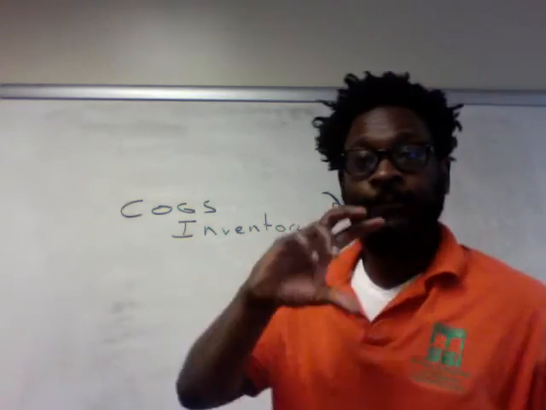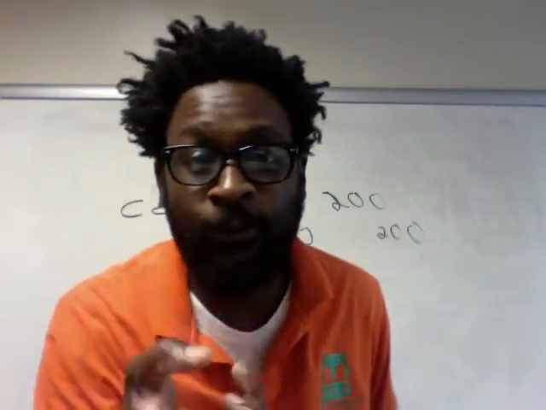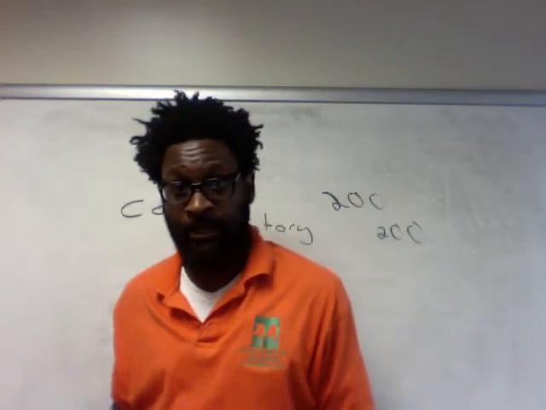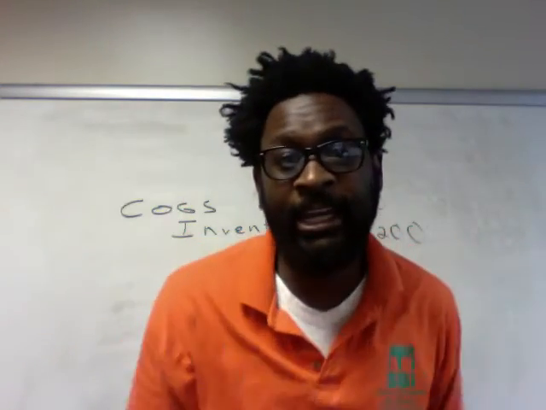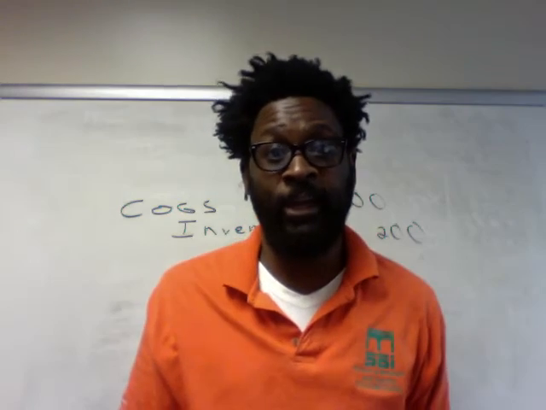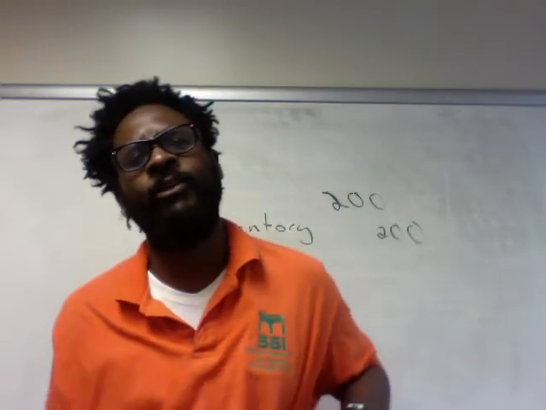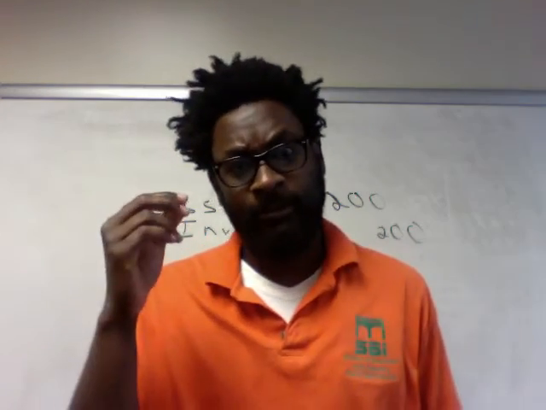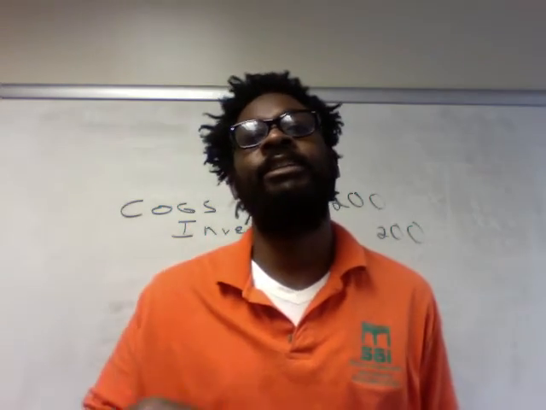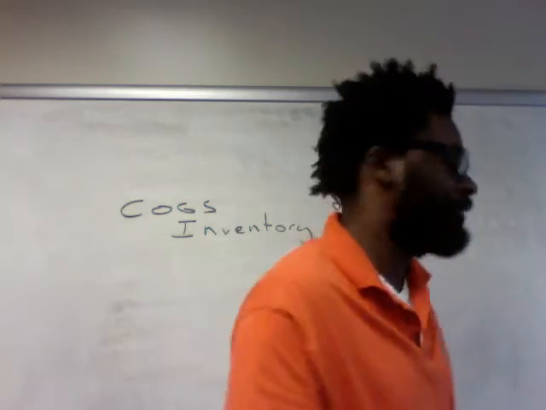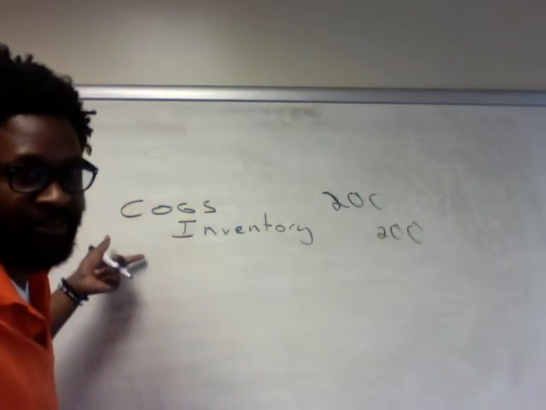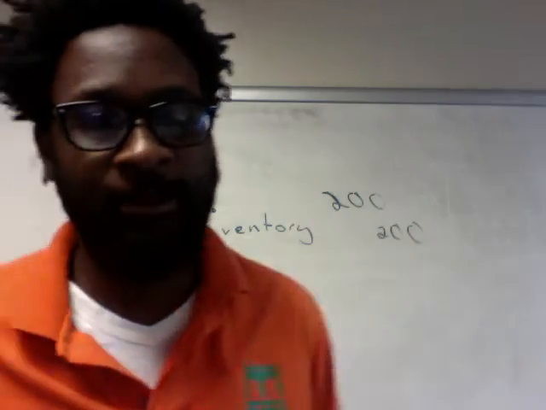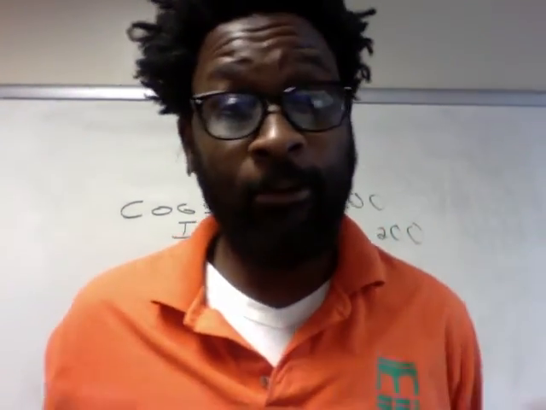Now, if the situation was vice versa and we had ending inventory on the books for $800 and we did a physical hand count and ending inventory increased in value to $1,000, then we have to increase our inventory. And so we would just simply reverse this entry. Real simple, guys. Okay? So that summarizes chapter 5.